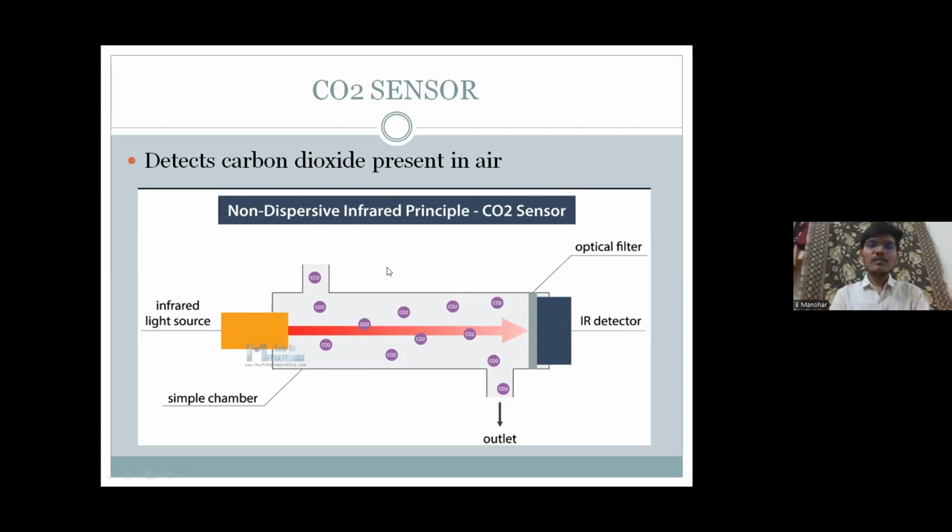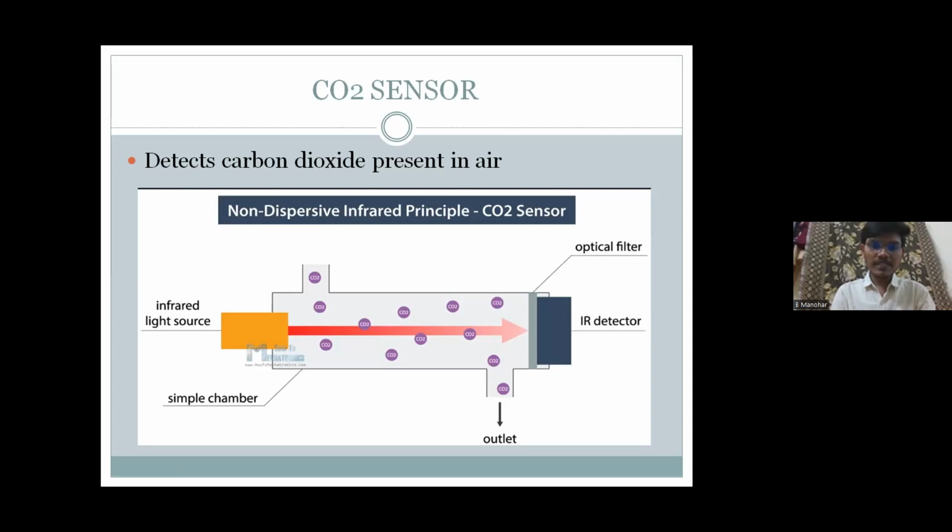That means CO2 molecules absorb only a particular range of colors in the electromagnetic spectrum. In the electromagnetic spectrum, these CO2 molecules absorb only infrared, and by this principle we can design a CO2 sensor. A glass tube or channel, a simple chamber, is there, and the air samples go to this